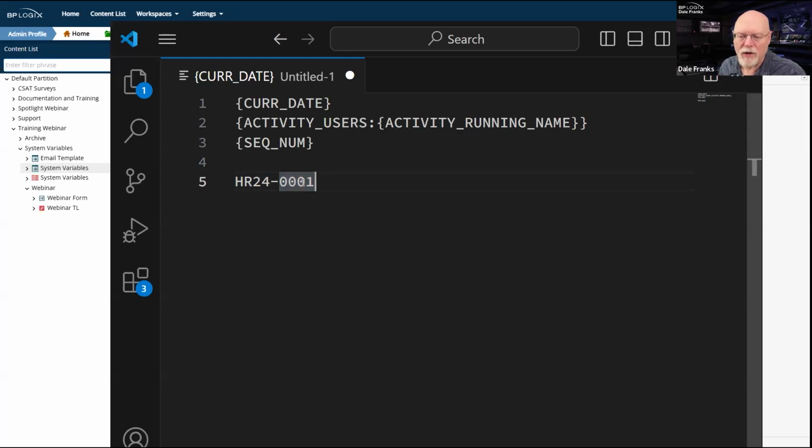And then on January 1st, 2025, whatever my number happens to be here, let's say it's 9,870. That's a lot of HR requests. But on January 1st, 2025, what I want this to show is HR 25, and I want this to just recount and start all over at 001. And I want this to happen automatically.